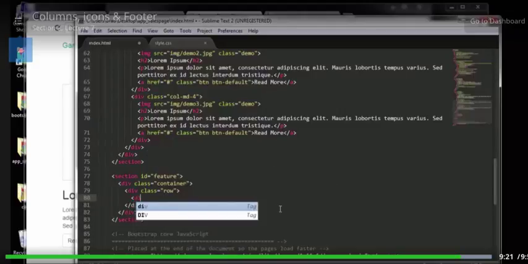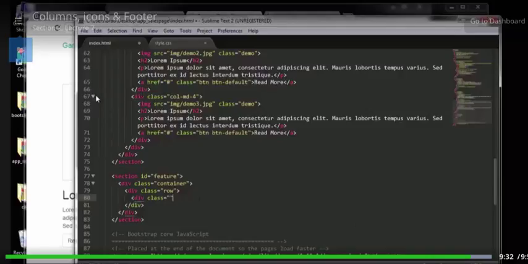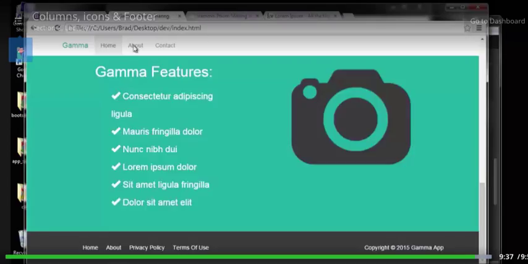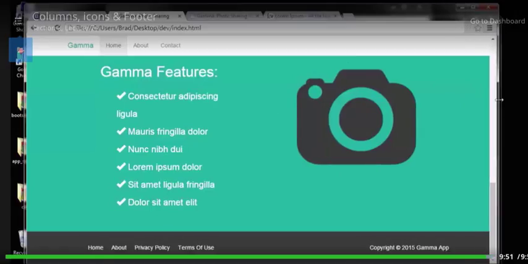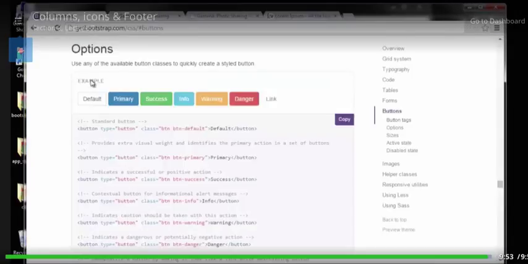So we want a div class. As far as the columns, now this is a little tricky because we want it split down the middle. You can see like we have here, but we don't want this to be way over to the left, or this image to be way over to the right. And what we can do is set an offset. Alright, so if we look at the grid system,